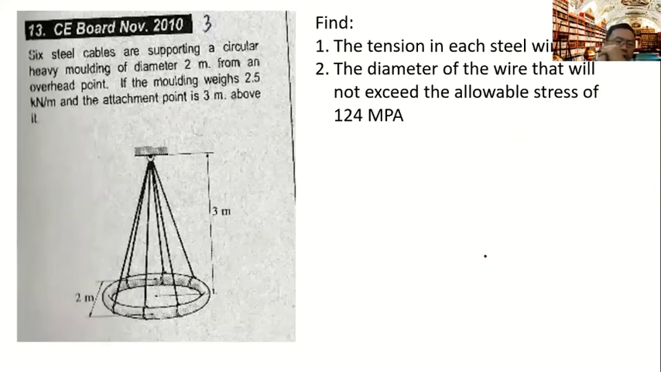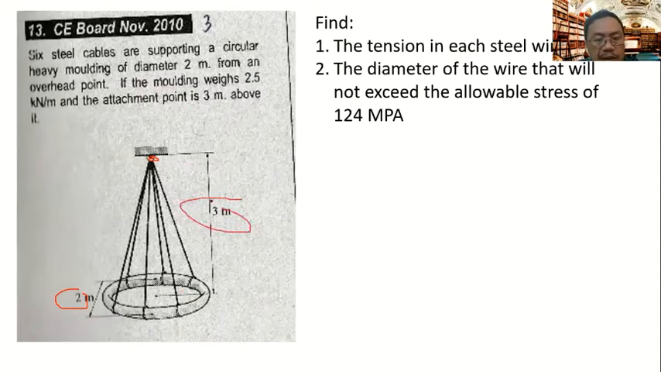Okay, this one is actually an assignment. Yung mga tatlong estudyante na nag-submit, nakuha naman nila nito. Simple lang naman ito. You have 6 steel cables, supporting a circular heavy molding of diameter 2 meters, from an overhead point na attached dito. If the molding weight is 2.5 kilonewton per meter, the uniform weight, and then attached to a point 3 meters above. From here, 3 meters pababa siya. So the question, what's the tension in each